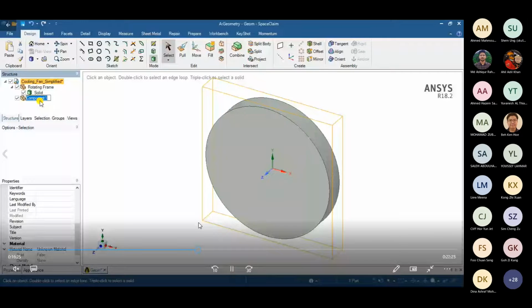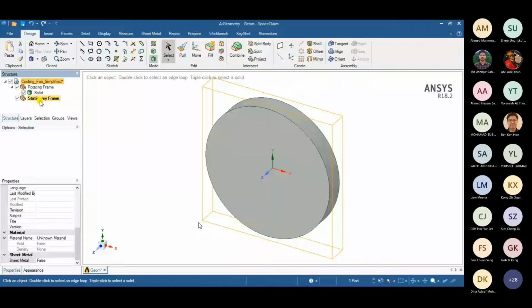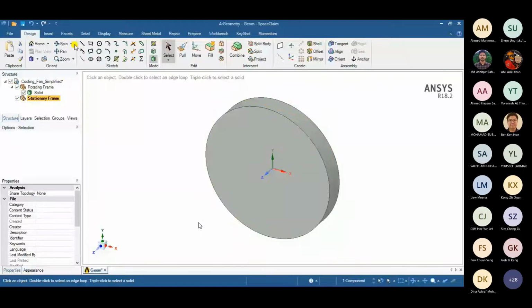You have to select each and every small face, and there are hundreds of faces. There are small faces that are generated by the software, and you cannot select them manually. So you have to spend a lot of time in order to select all those faces and go ahead with the simulation.